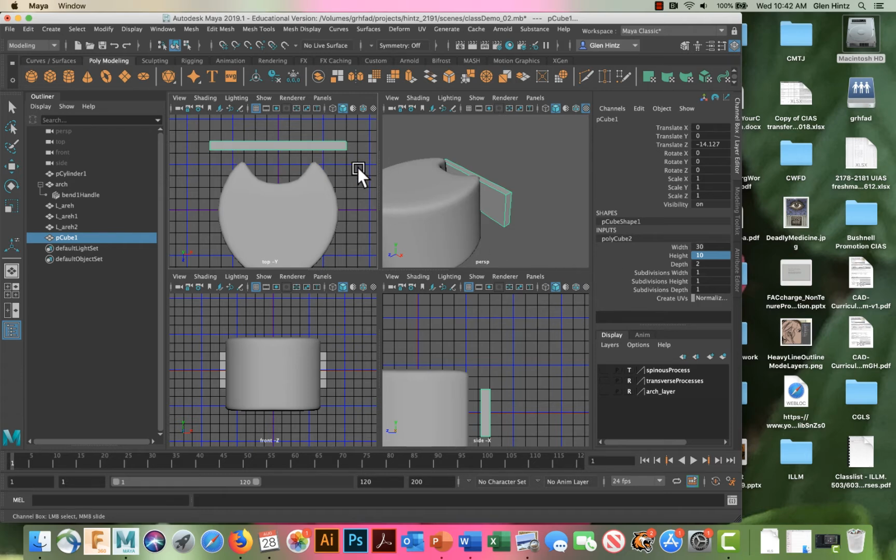And I need quite a few if I'm going to get this to create an arch. So what I'm going to do is go to the subdivision width, and I'm going to change that by left mouse scrolling on the number. Okay, so I've got 12, and now I want to bend this, so I'm going to go to deform,